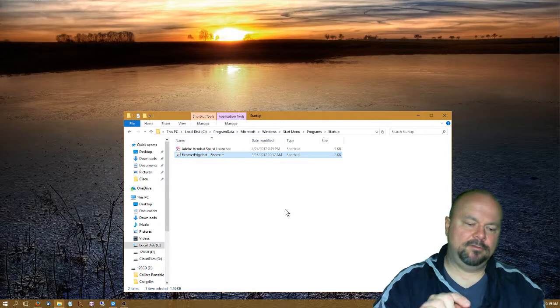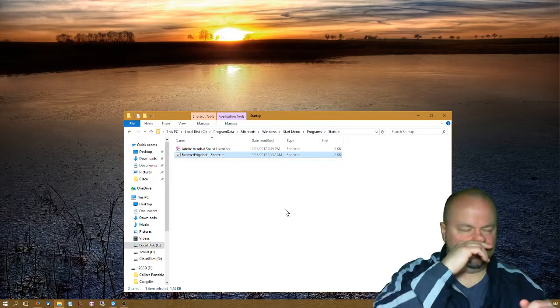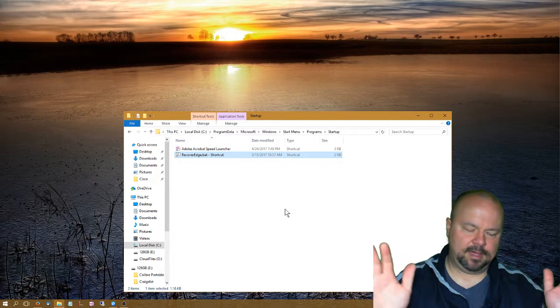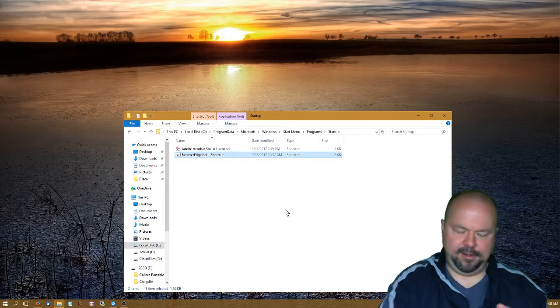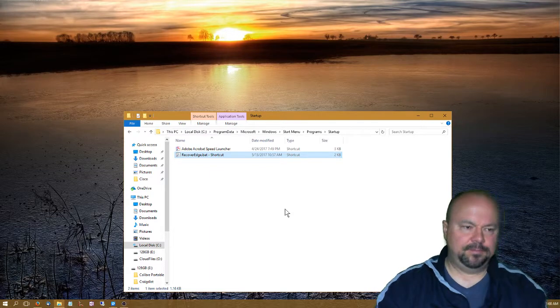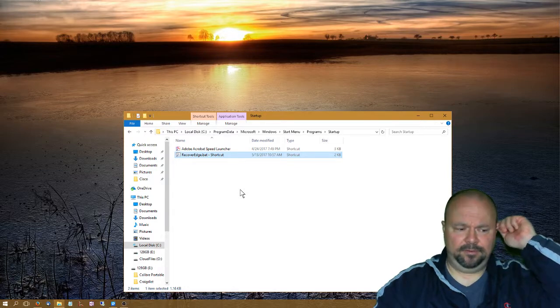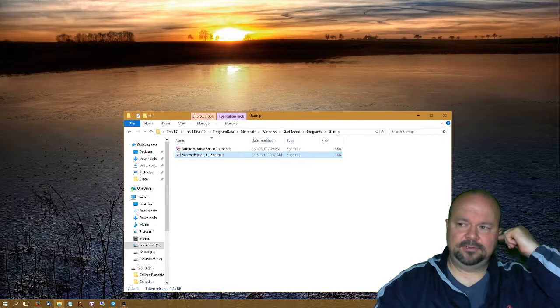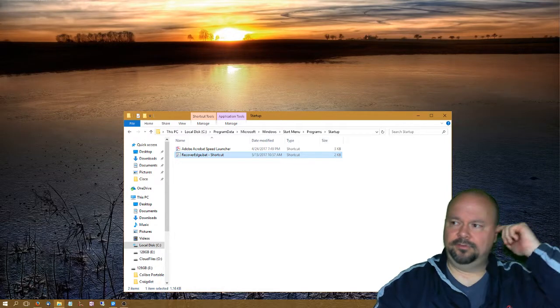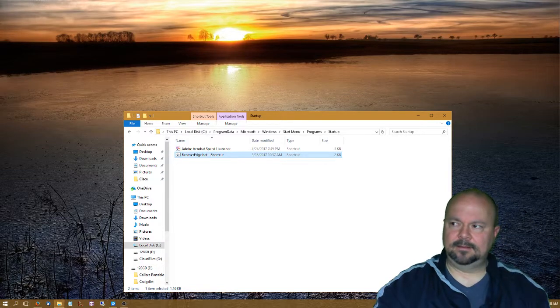So you powered it off with the power button. Computer went down. If you had any warning messages, just say yes, force close, whatever. Okay, you're toast at that point anyway, because the thing takes over your page, and if you don't know how to use the Task Manager, you're not going to be able to get out of it. So power it off, power it back on, and as soon as it comes back on, this batch file is going to run, and it's going to clear out all those temp files, so that the recovery files are no longer there, so that when you launch Edge again, it is going to be your default start page that happens, and not that crazy